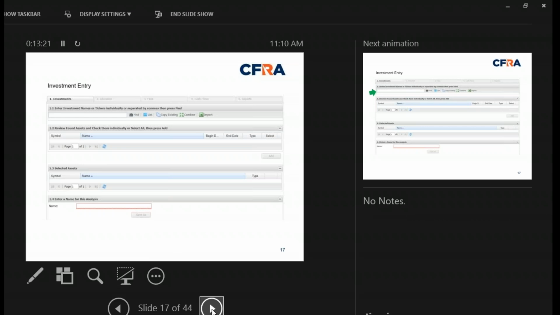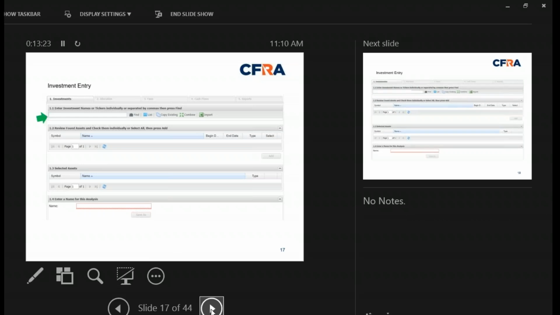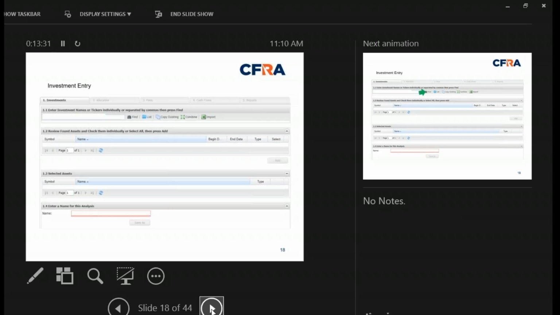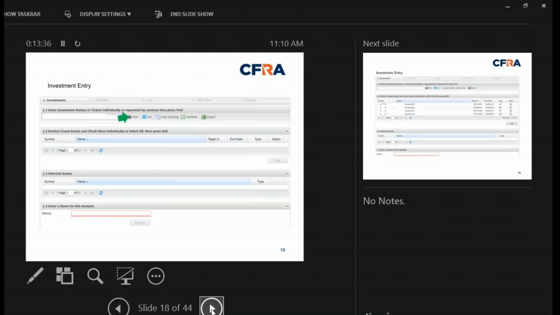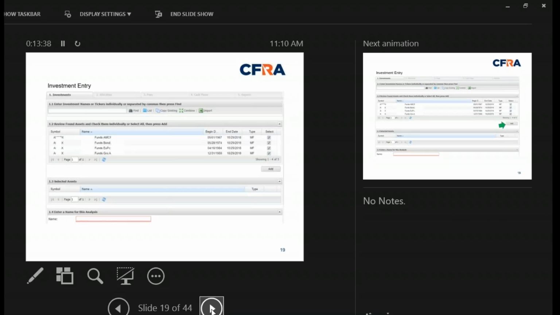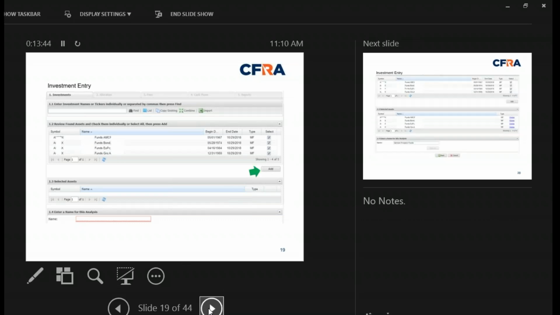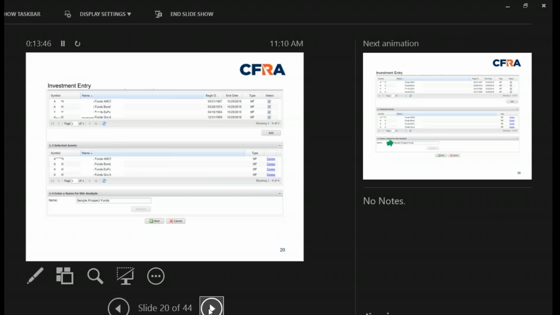Once you add tickers to that area or import information, you'll see those tickers and assets under 1.2. Verify what those are, and then you'll see them right there. If everything lines up, simply click the Add button in the middle of the page and you'll see those in section 1.3.